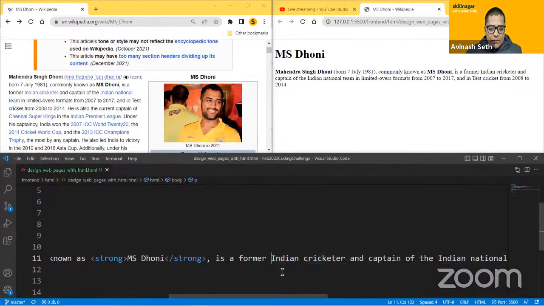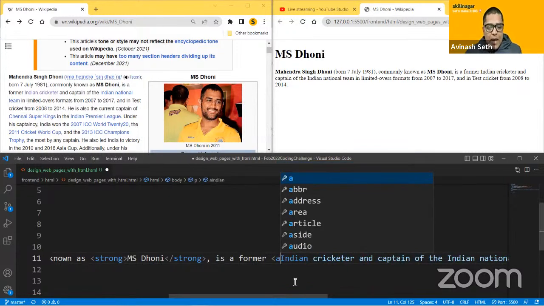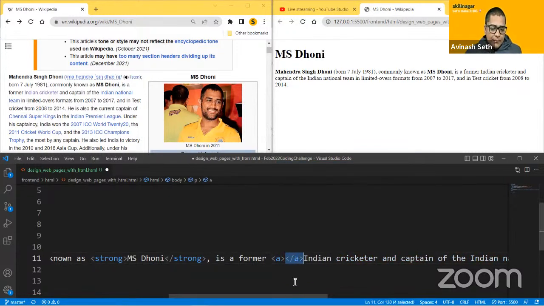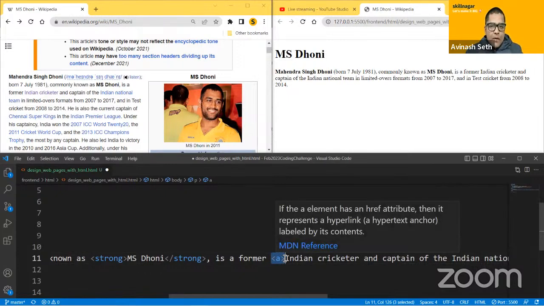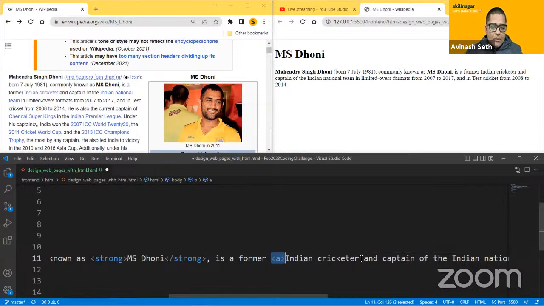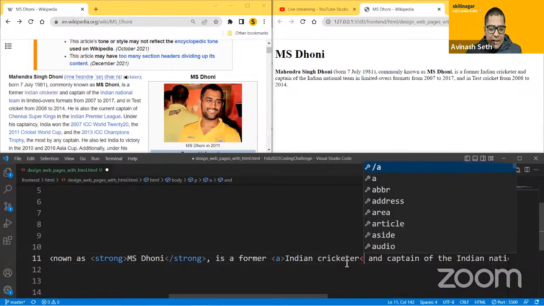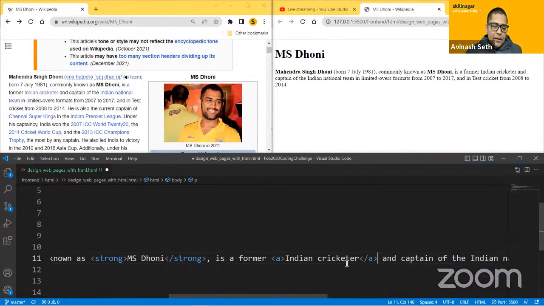So what I will do, I will open an anchor tag with a tag, which is also a short form for anchor. And I will close this at the end of cricketer. So I will say closing a tag. I started the a tag. I said Indian cricketer. And I ended this tag.